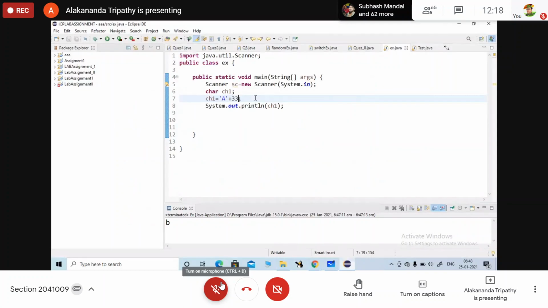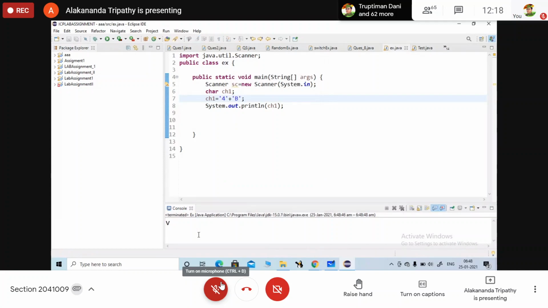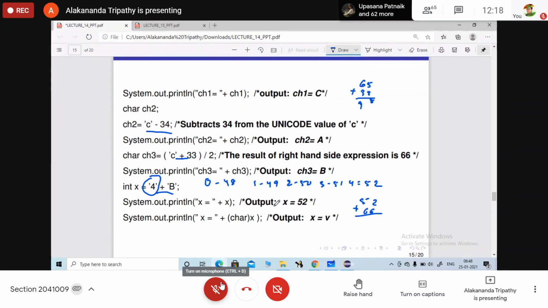Ma'am, when subtracting, if a negative value comes, will there be any result? Let's see. I have never tried it. You can check it. Char is equals to 4 plus capital B. Okay, here I think the result is given int x equals to x.